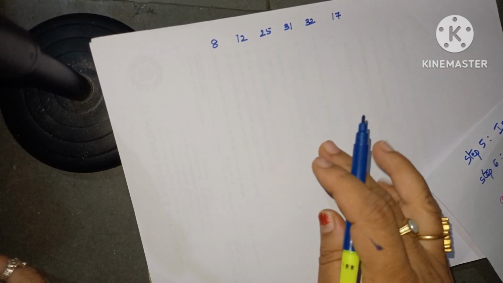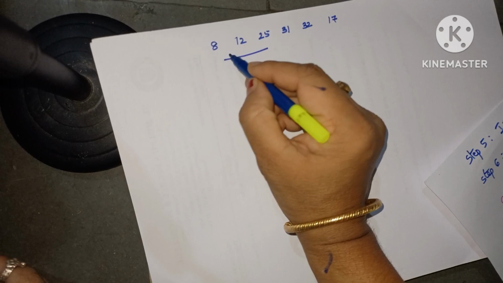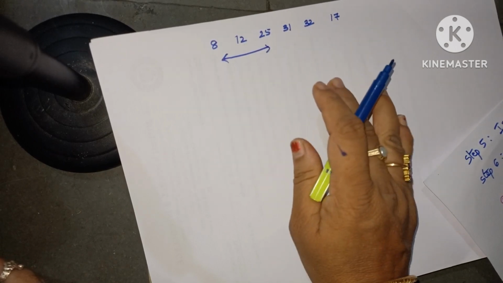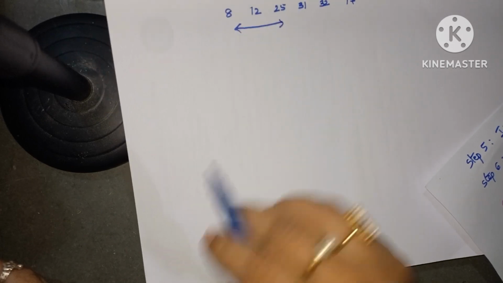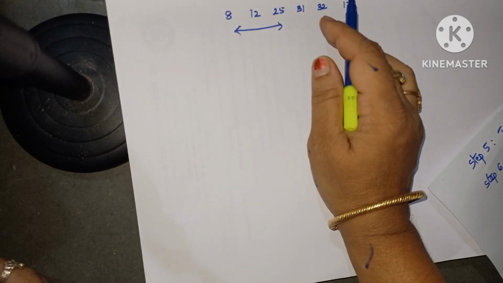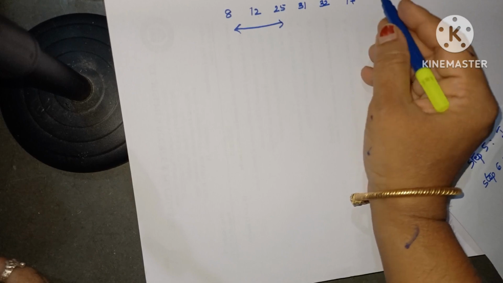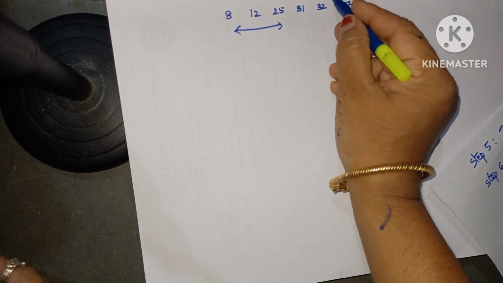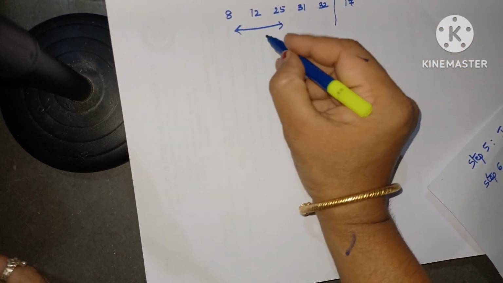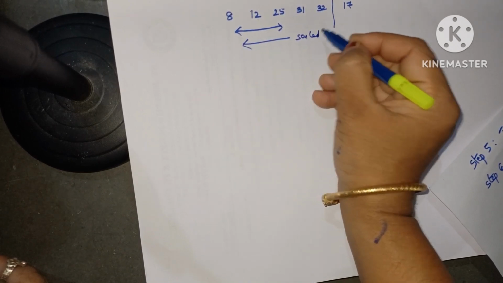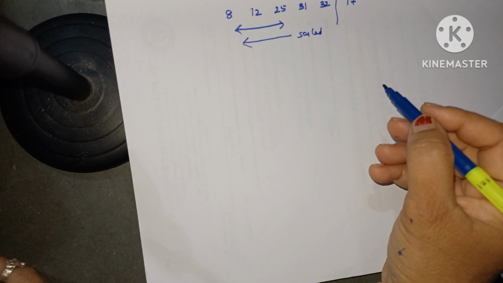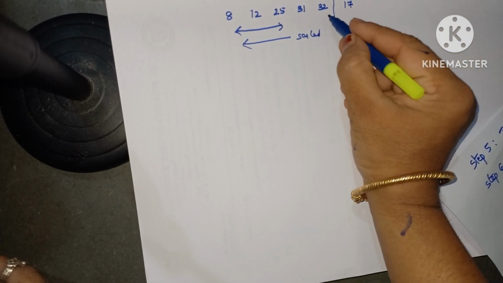Now we compare; these three elements are already in sorted order. Move to the next two elements, that is 31 and 32. These two elements are already in sorted order, so it is not necessary to compare anything. Up to this, these elements are sorted till now. Okay, these elements are sorted. There is no need to change anything. Then we take these two elements,